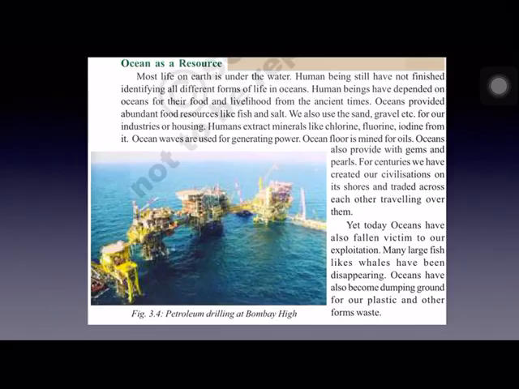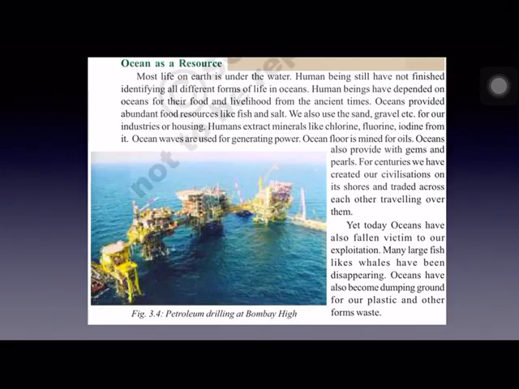They are manganese nodules. Have you heard of manganese nodules? These manganese nodules look like potatoes, and they are found on the ocean floor. They are of great economic importance because they contain enough cobalt, nickel, and copper. If all the manganese nodules available on the ocean floor are extracted, they will last for thousands of years to come. So many manganese nodules are available on the ocean floor, and they contain a lot of cobalt, nickel, and copper.